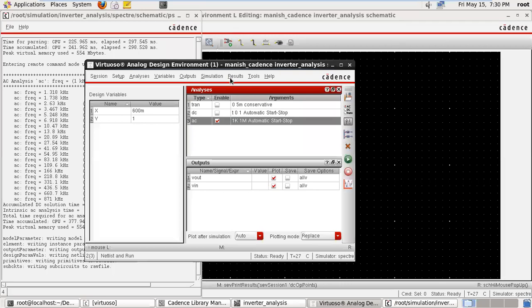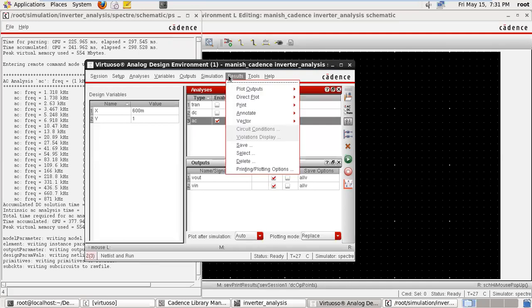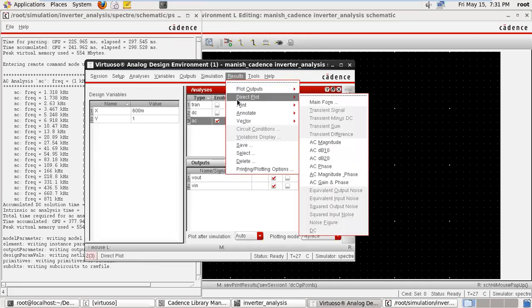If we want to see the magnitude and phase under different conditions, go to Results, Direct Plot. Here you see AC magnitude. AC magnitude is the magnitude of the voltage at a particular node, in dB, that is 20 log of that voltage, and there is also the phase of that node.